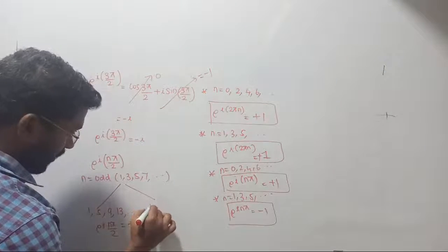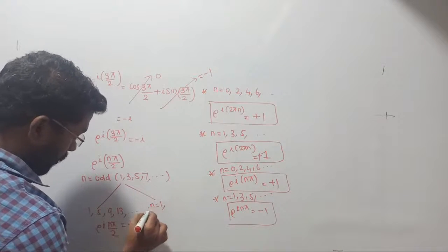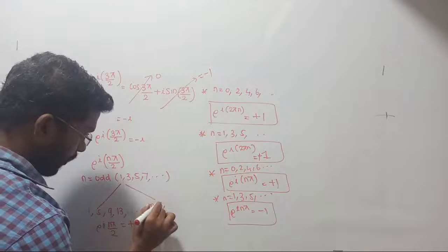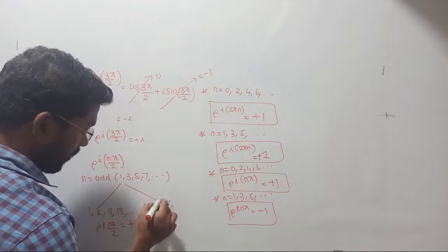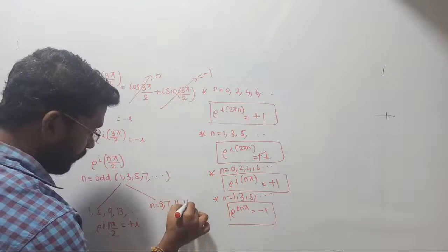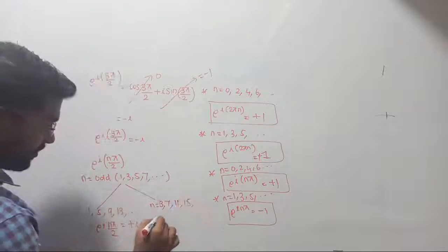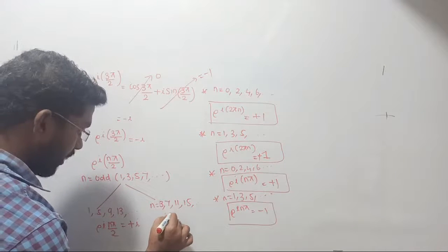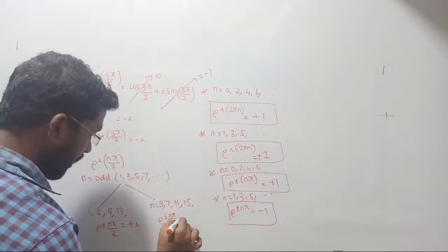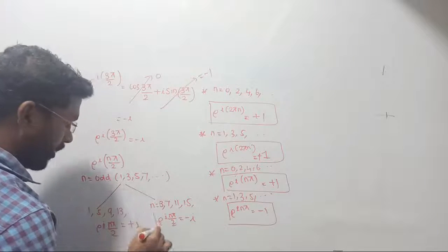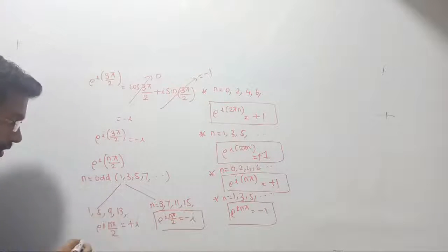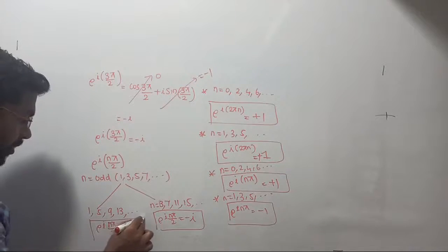Similarly, if I consider n equal to 3, 7, 11, 15 and so on, in this series, e power i n pi by 2 can be replaced by minus i. Clear? Guys, just do remember all these things which I am giving here, because while solving